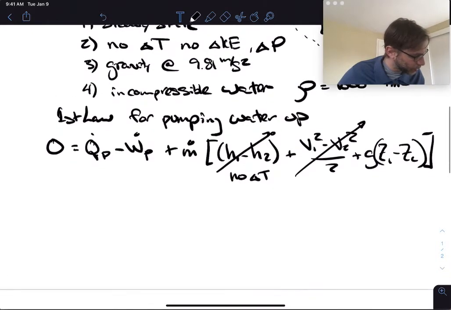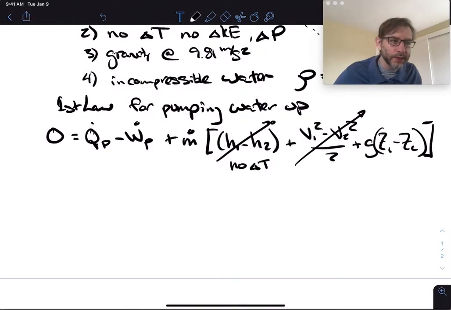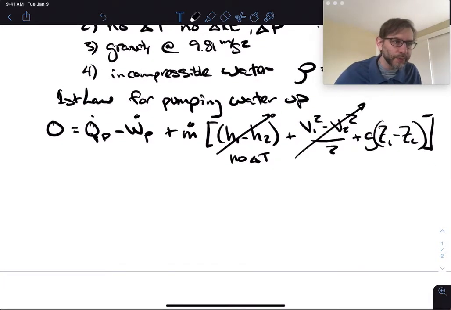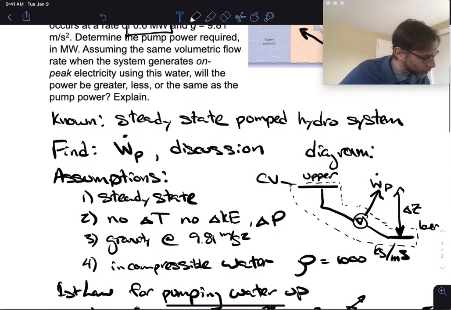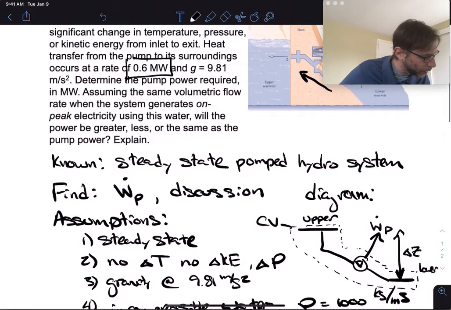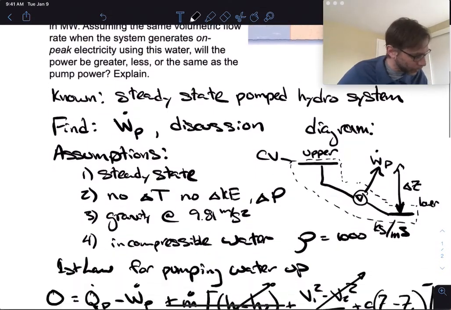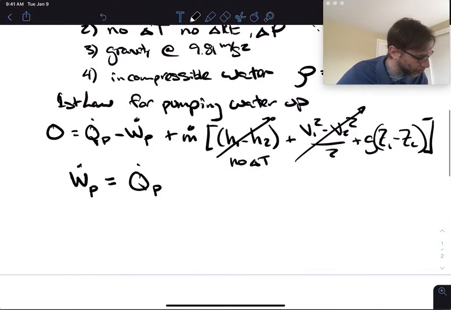All right, so now let's just continue on. So now we have this pretty simple equation: work of the pump is equal to Q of the pump. Or is this heat loss from the overall system? Heat transfer from the pump to its surroundings. Okay, Q of the pump